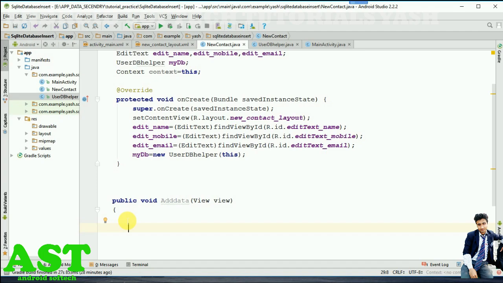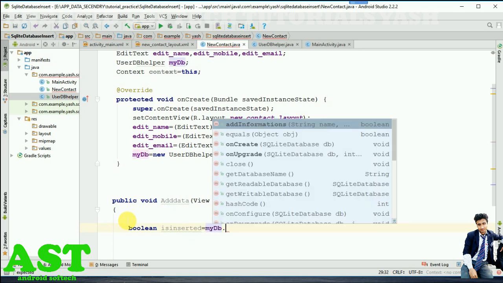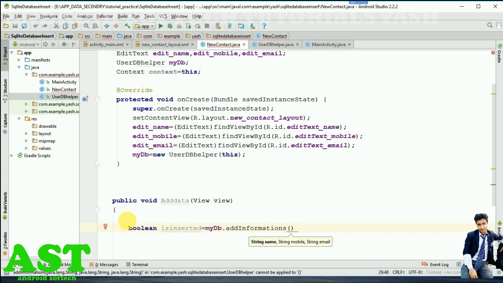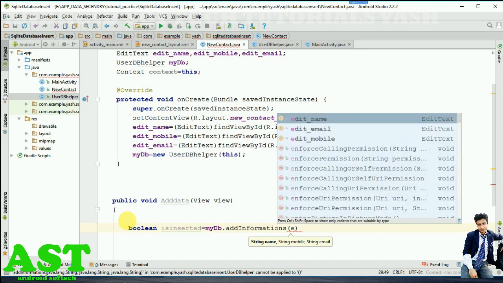So let's take it now, boolean, and give this name like isInserted, and by this, call my user DB helper object myDB, and then call the method which we recently created in our user DB helper class, addInformation. Now we will pass our edit text objects for adding the information. So first one, our edit text editName